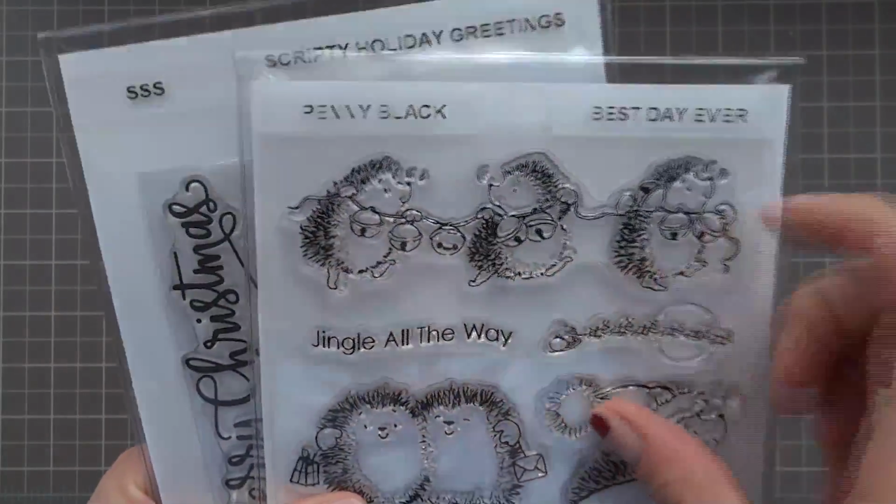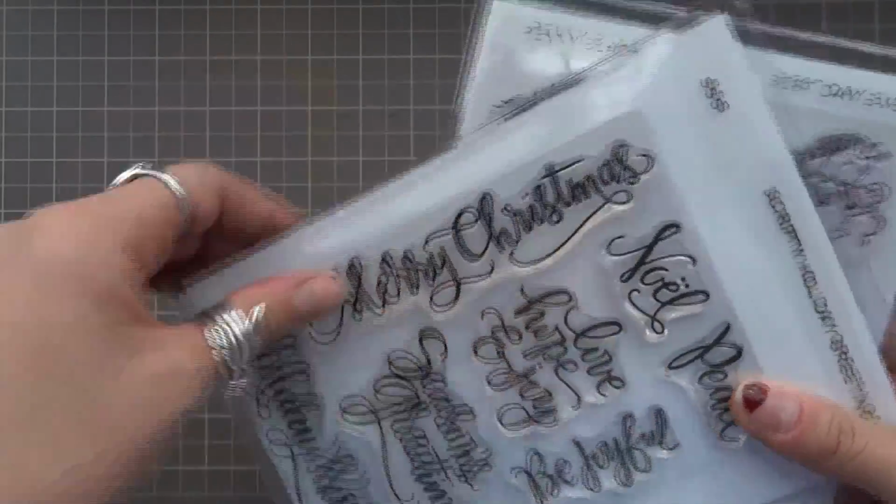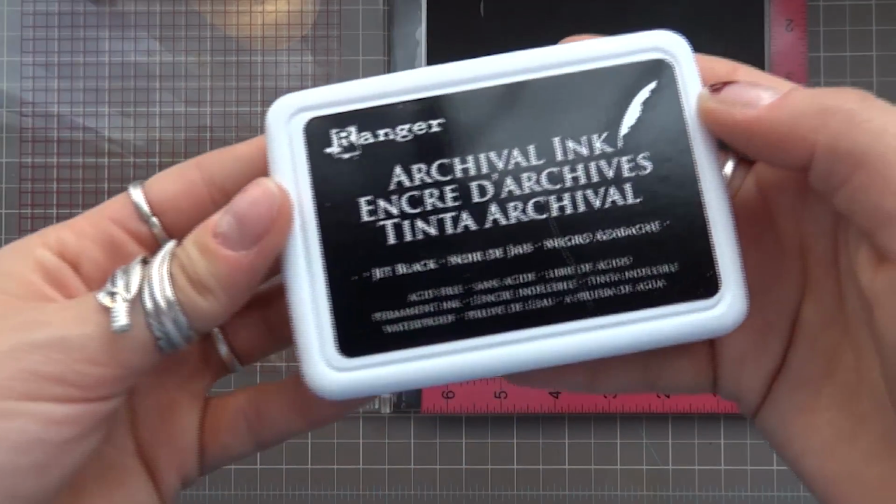Today I'm making a watercolor Christmas card using stamps from Penny Black and Simon Says Stamp. So let's get started. I'm starting off by using my Misty stamp tool to stamp on my image using black